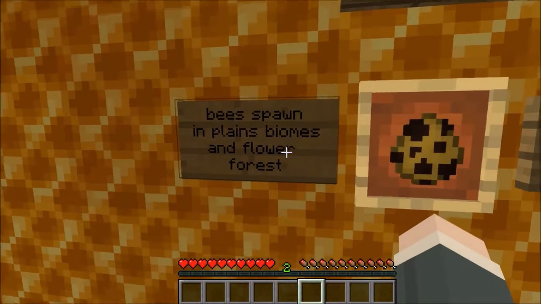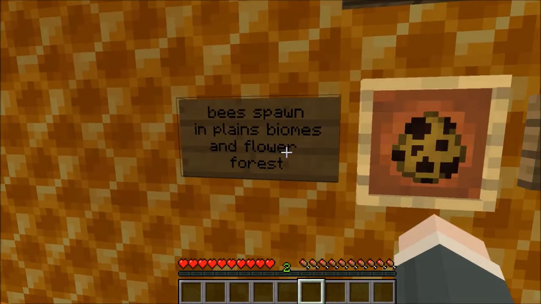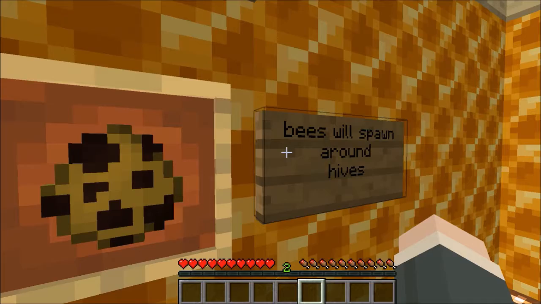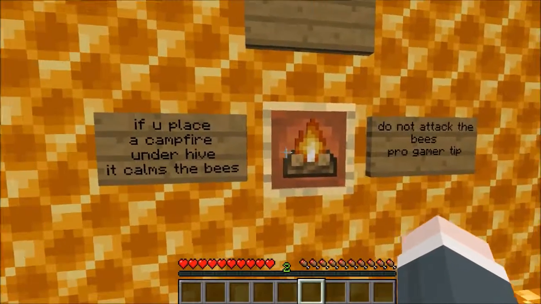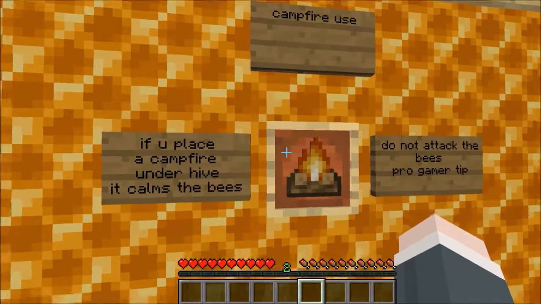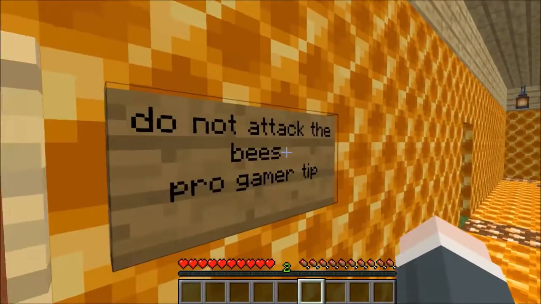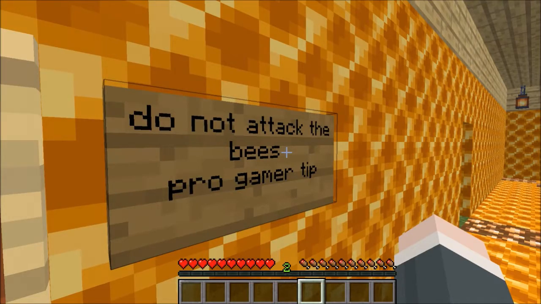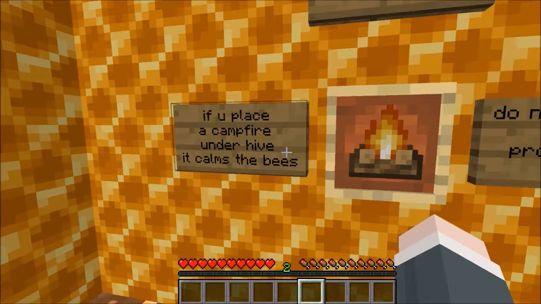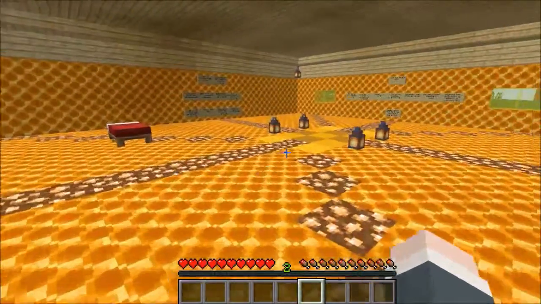Bees spawn in plains biomes and flower forests. They are pollinators. Bees will spawn around hives. The campfire is used to calm the bees here. Do not attack the bees. Pro gamer tip: if you place a campfire under hives, it calms the bees. Now over here,